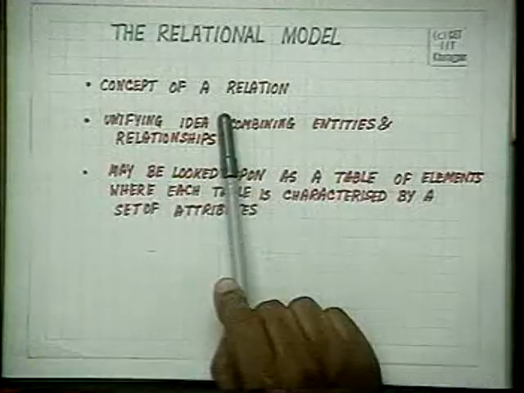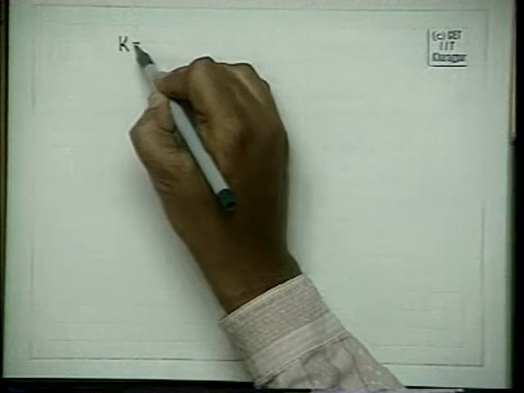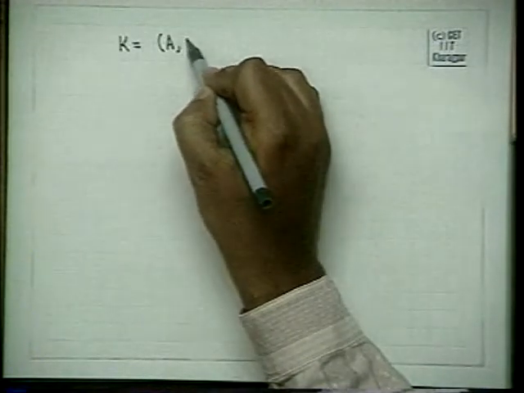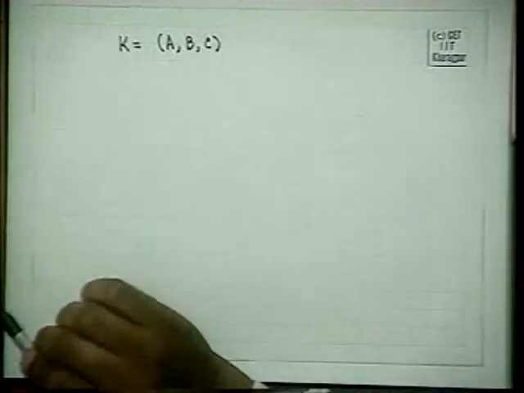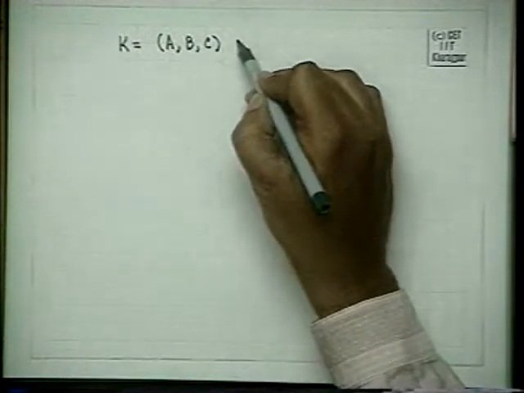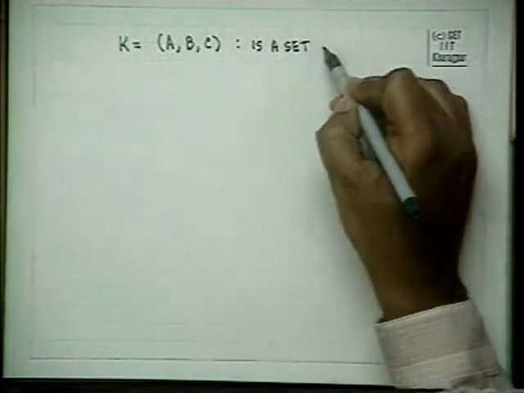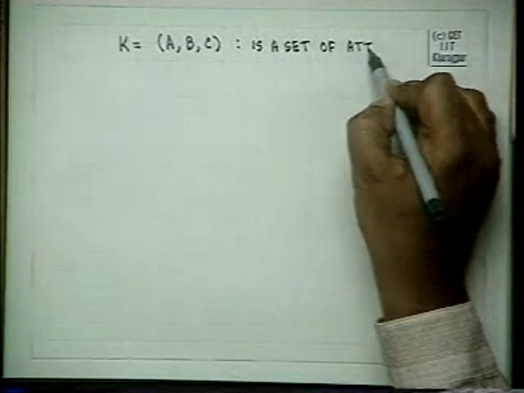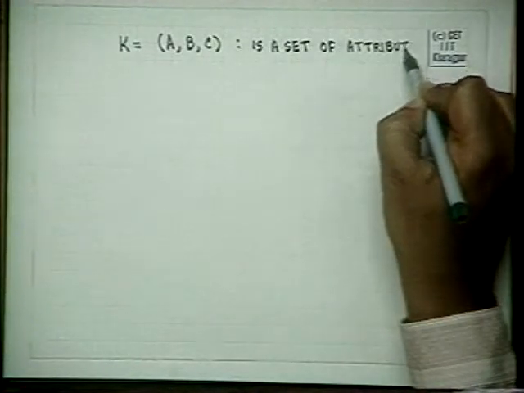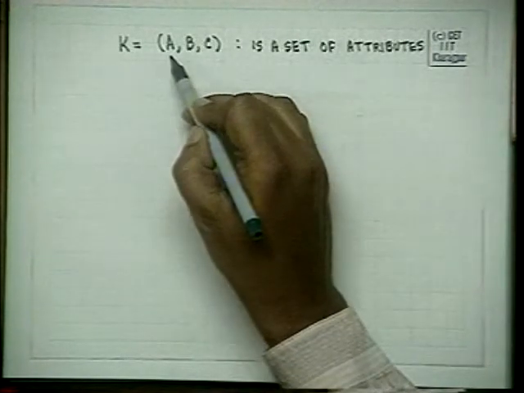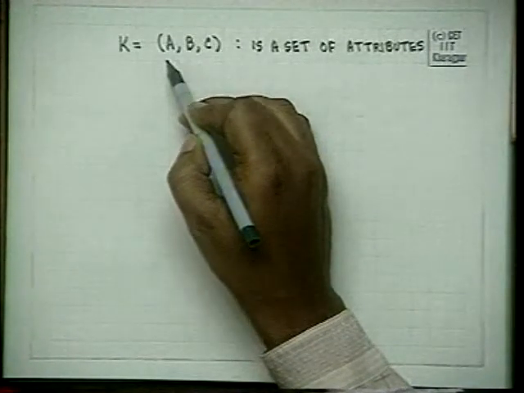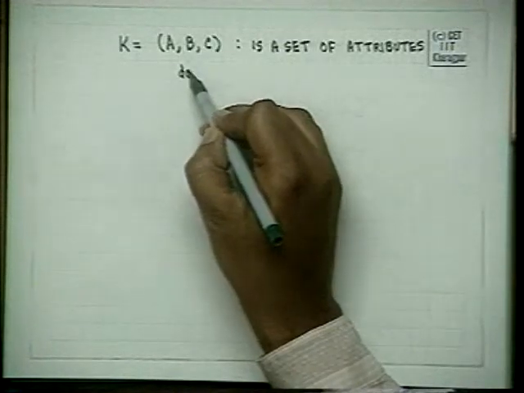In the relational model, the first concept is the concept of a relation. Mathematically speaking, we have a set of attributes. Let K equal to A, B and C be a set of attributes. For each attribute, we have a domain, and the domain of each of these attributes is defined by